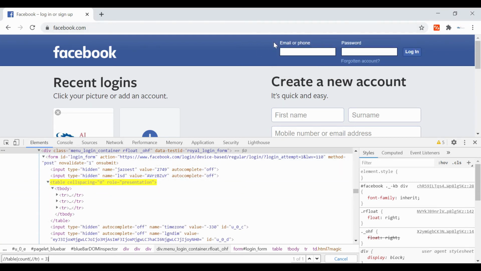When the web page for Facebook was designed, they designed this in the form of a table. They created 3 rows: one for this text, one for the password, and the next one for forgotten account.